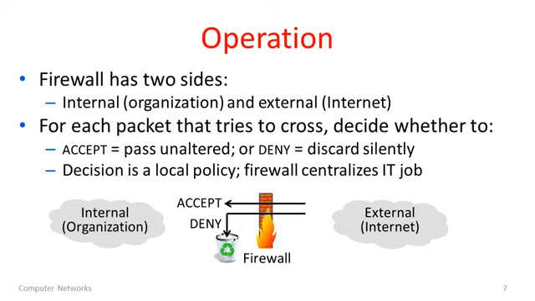So zooming in on the operation of a firewall a little more, here's the firewall device here. And you can see that it has two sides: the internal side, that's the organization, and the external side, that's the public internet. The job of a firewall is to relay packets, as a router would, between these two sides, but for each packet,